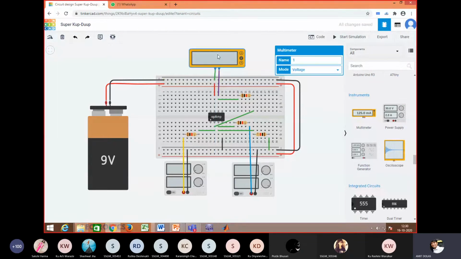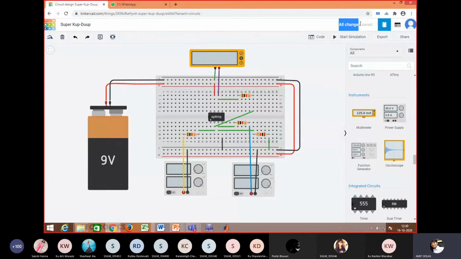So the voltmeter is connected. You can change it. It is a multimeter. Ampere chahiye to it will be ampere range. Then voltage and resistance measurement is also possible. We will be measuring the voltage. So after completing this circuit, we will use this start simulation button.